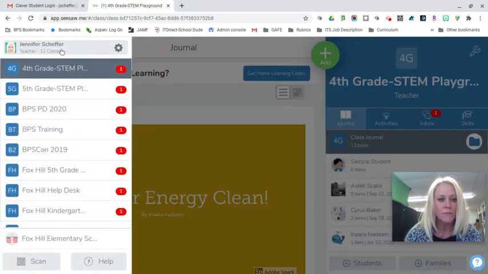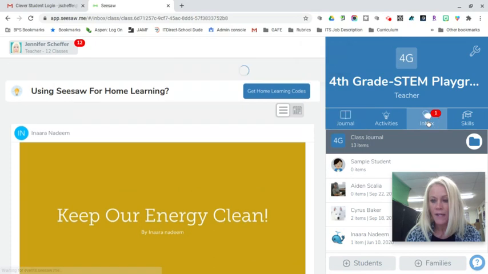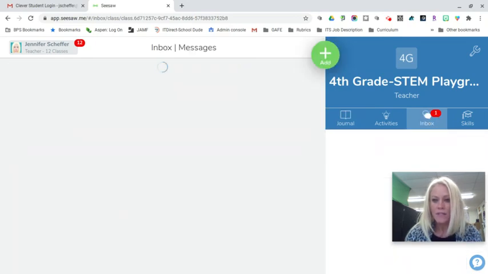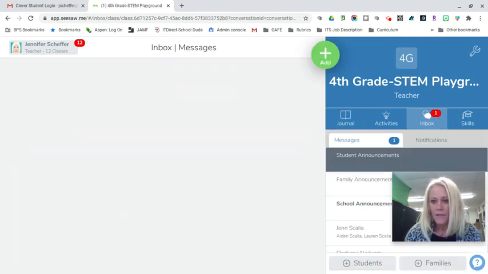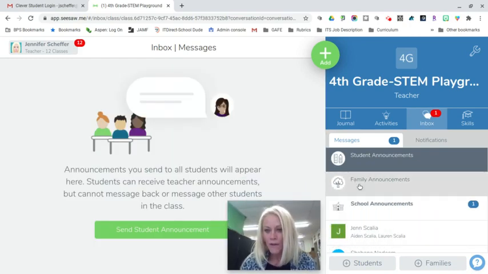when I click on the drop-down, I can see all of my classes, and I have this red notification that an announcement has come through or there's a post that has been submitted by a student. And in this case, if I see in my journal here, in my inbox, there is the notification. So when I click on it, I'm going to see that there are announcements for students, for families, and then